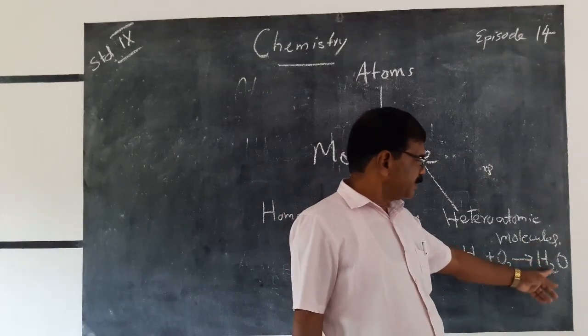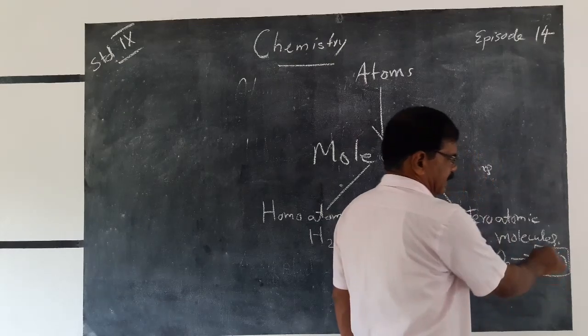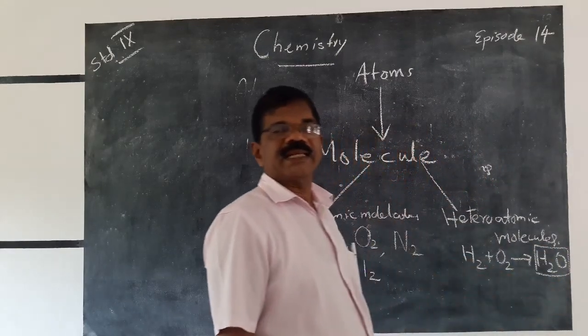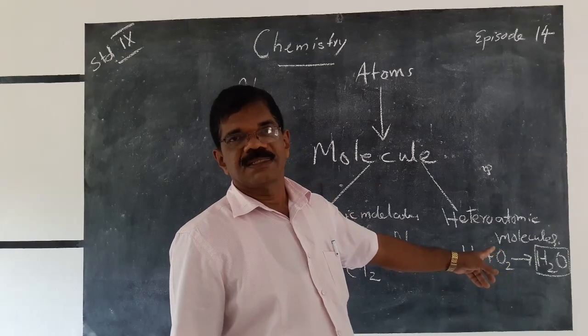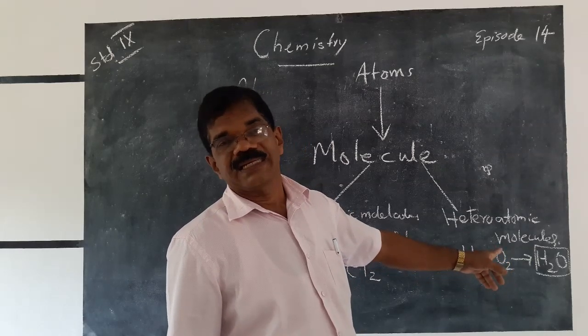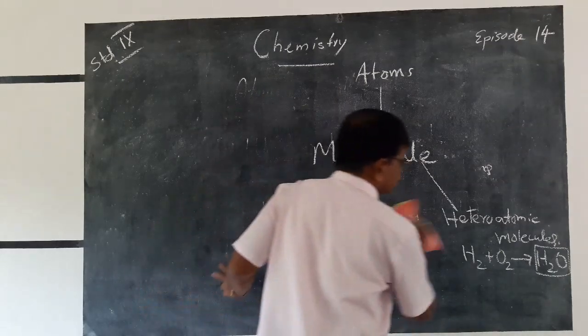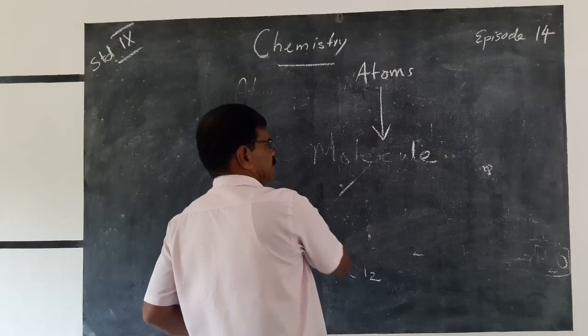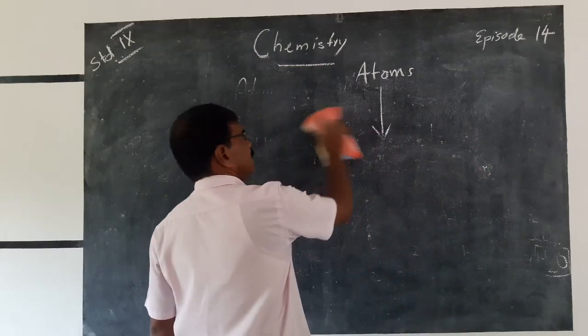Why? In a water molecule there are hydrogen atoms and oxygen atoms, different types of atoms. Hence it is called a heteroatomic molecule. The homoatomic molecules are again classified into